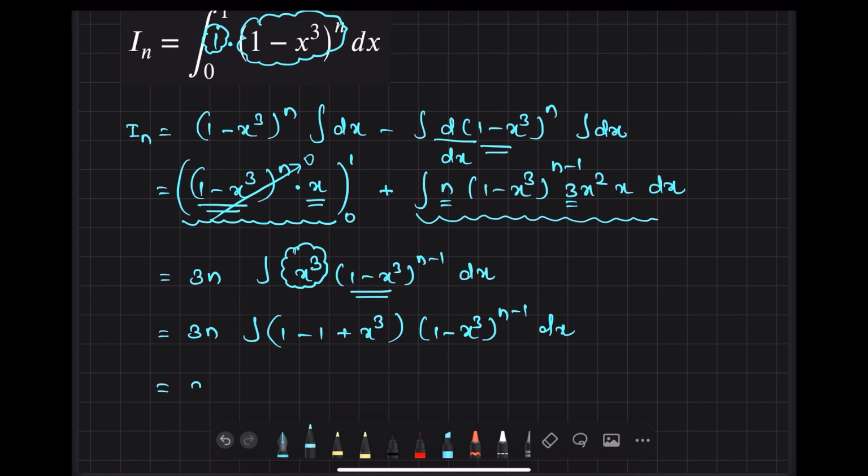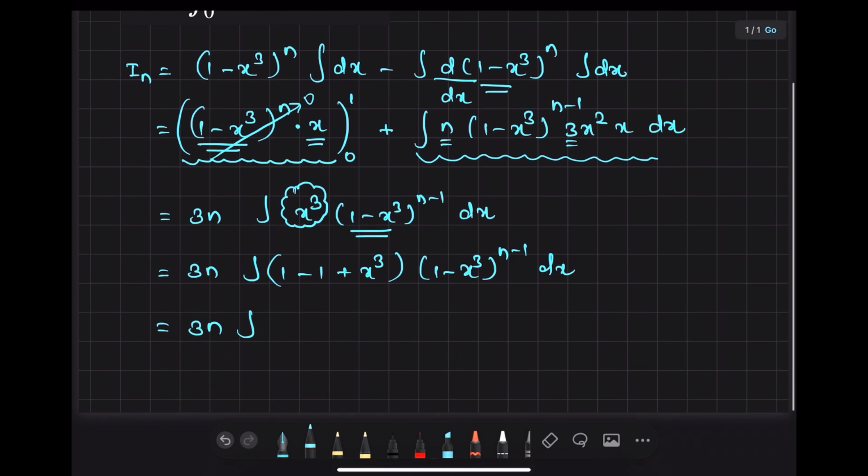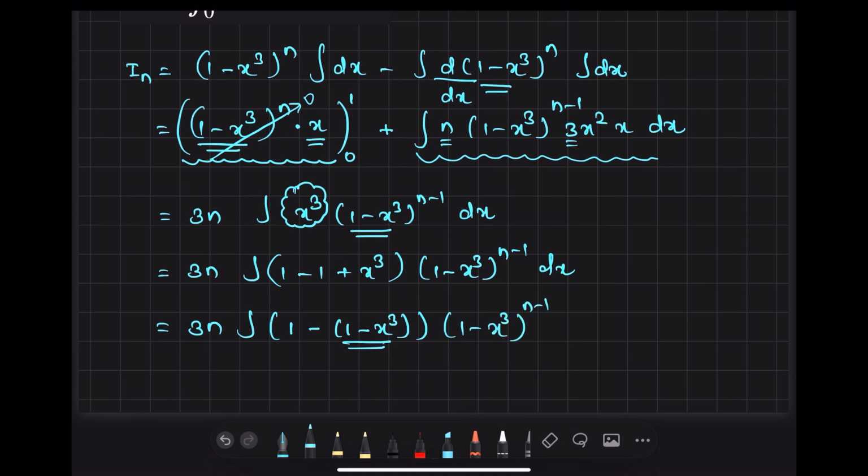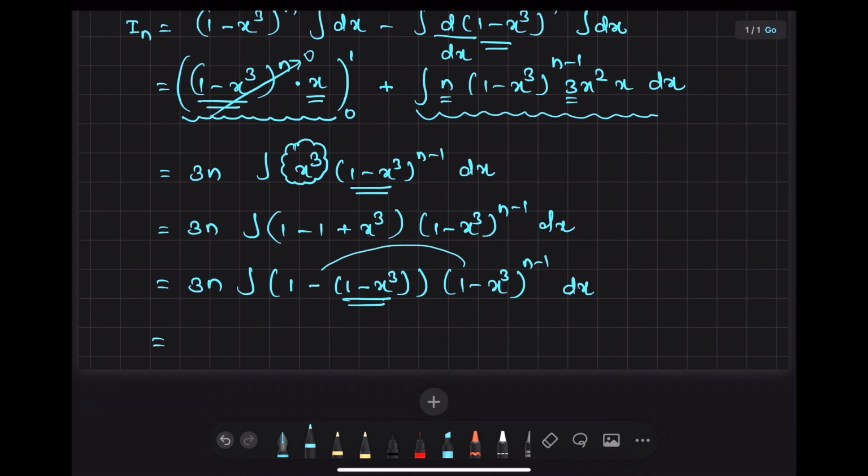Now look at this, what I will do. I will be writing 3n integration of, now I will club 1 minus x cube. Look at this, how I managed to create 1 minus x cube. Okay, so we have (1 minus x cube) power n minus 1 dx. Now we will create two questions. First with this one, second with this bracket. Okay. So we have 3n integration of (1 minus x cube) to the power n minus 1 dx minus